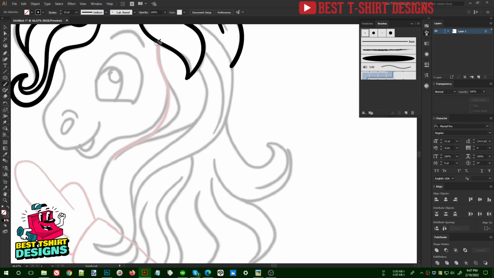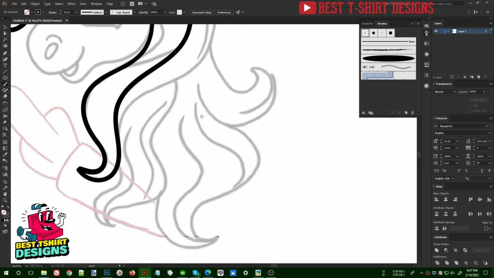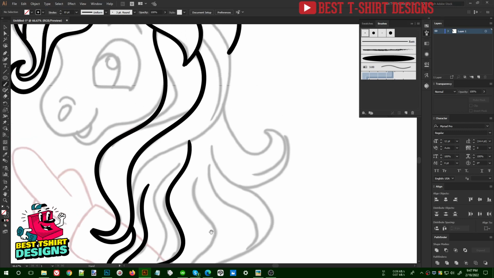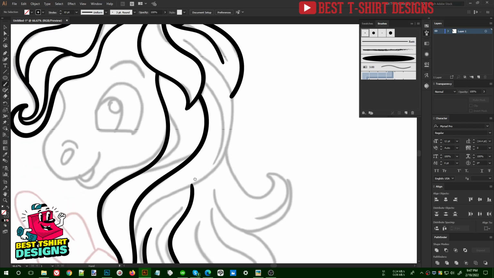Okay, so in this red line I made because it should be touching the cheek of the unicorn. Like this. Don't worry about the details. Okay, so